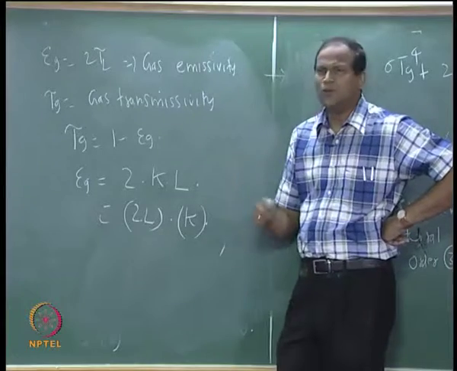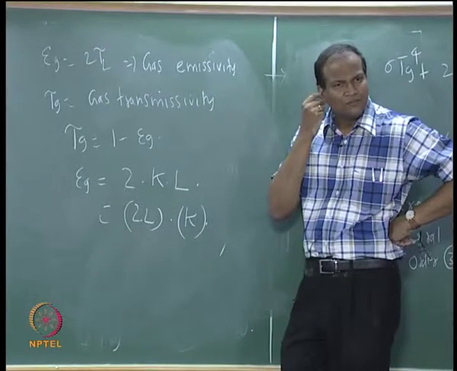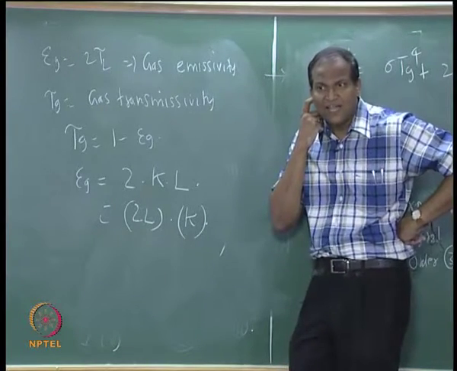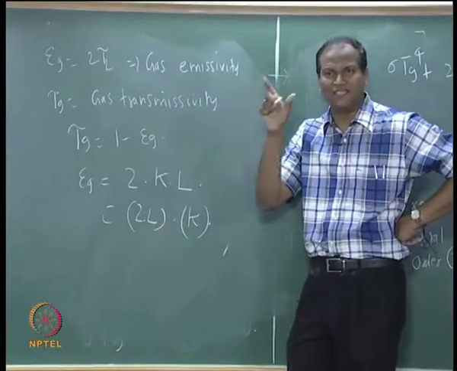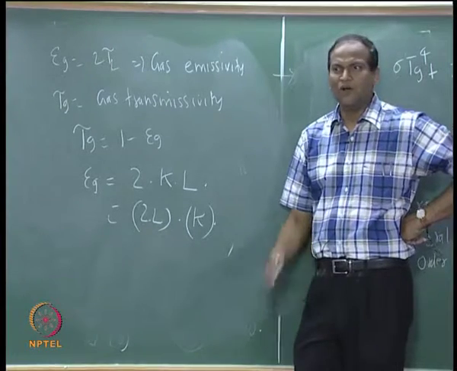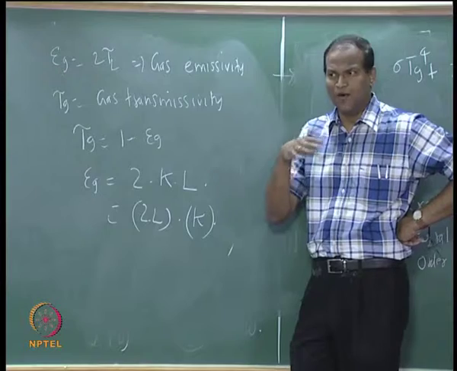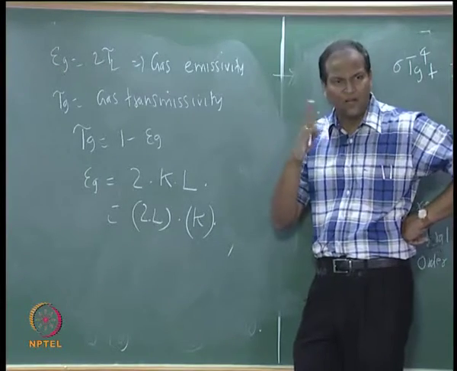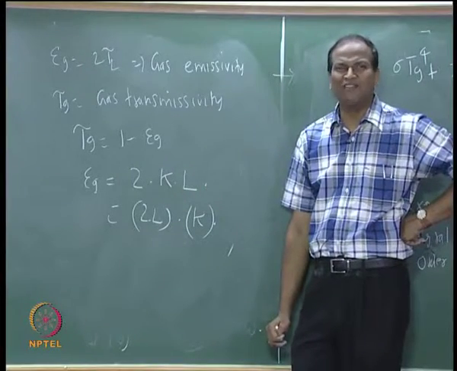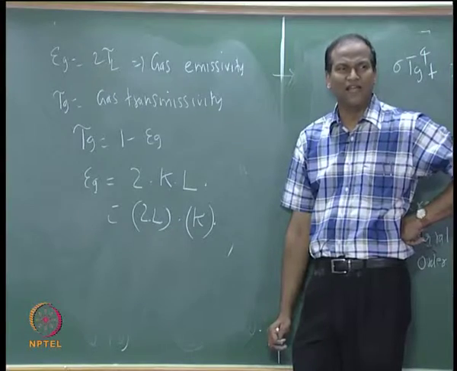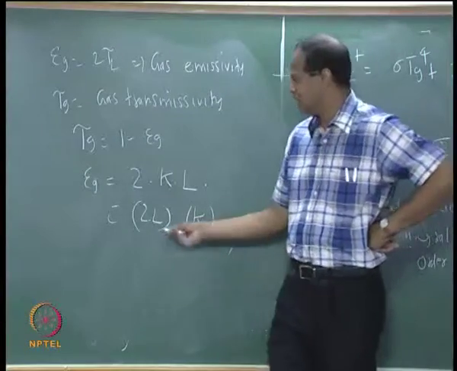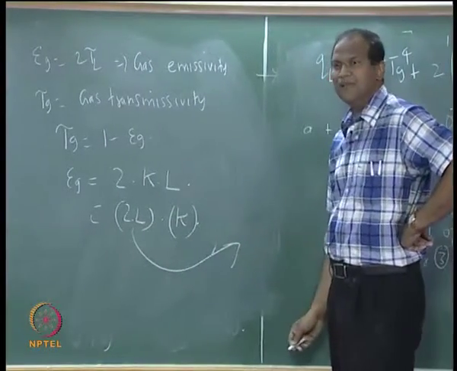Okay. What is this 2L? This 2L represents the mean path travelled by all rays in arriving at the area element A, which was located exactly at a minimum distance of L from the wall, because for cos theta equal to 1 it will be just L, for all the others it will be L by cos theta, and the L by cos theta keeps changing. So this 2L is some sort of an average or a mean length which a ray travels before hitting this area element DA. So this is called the mean beam length.